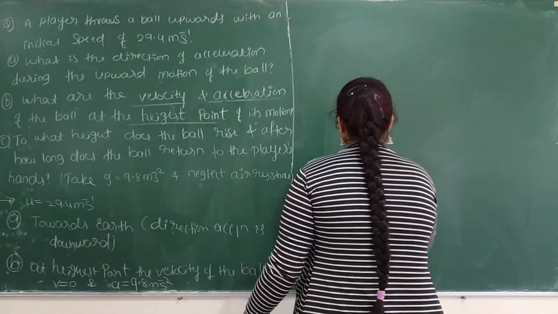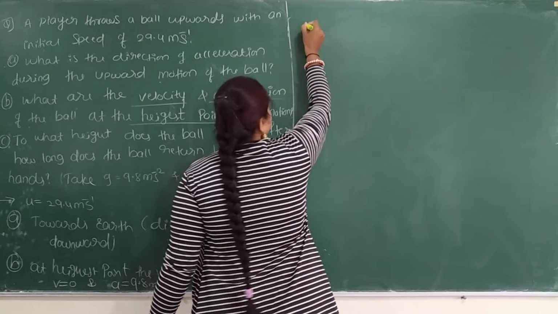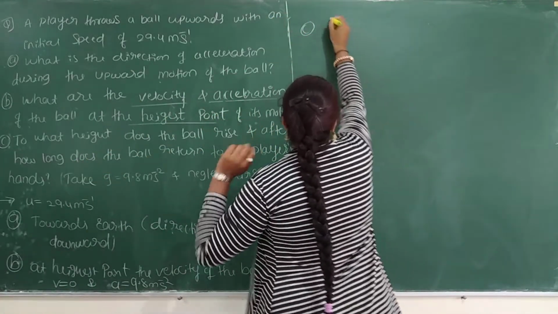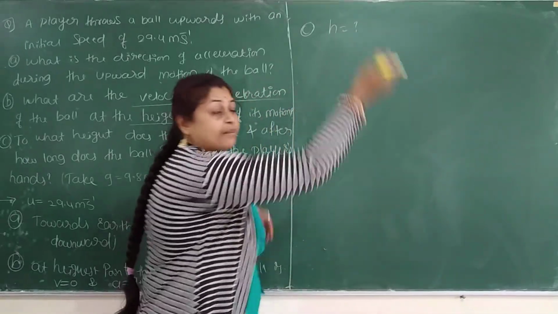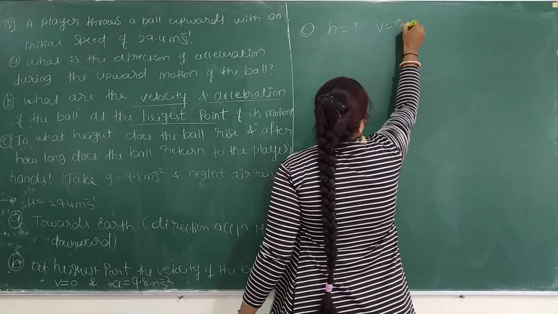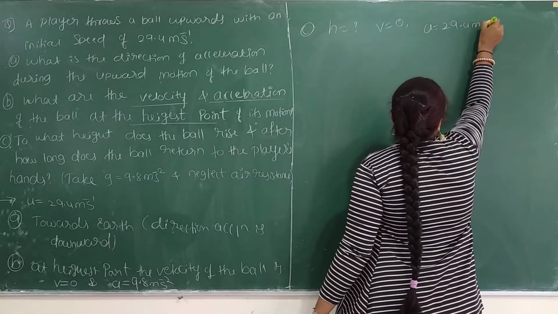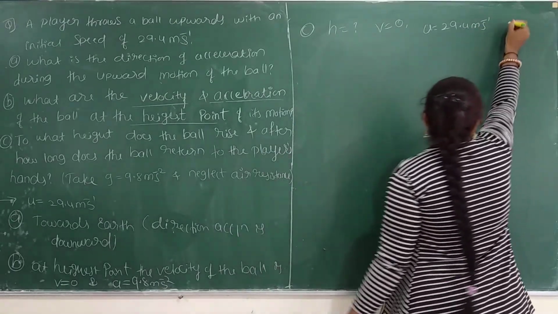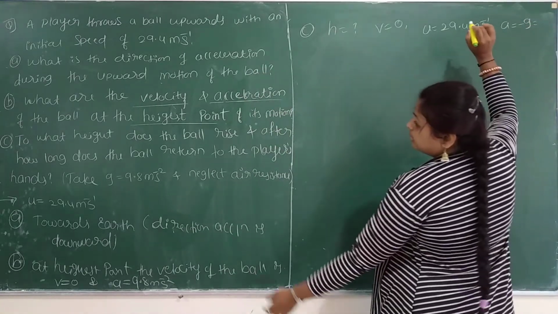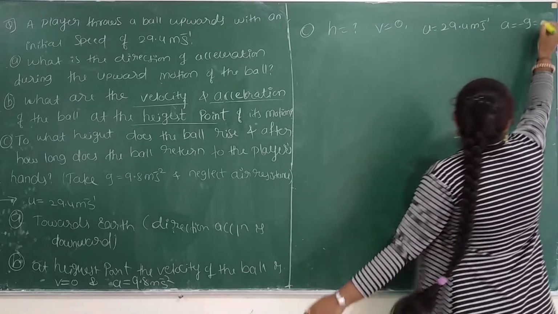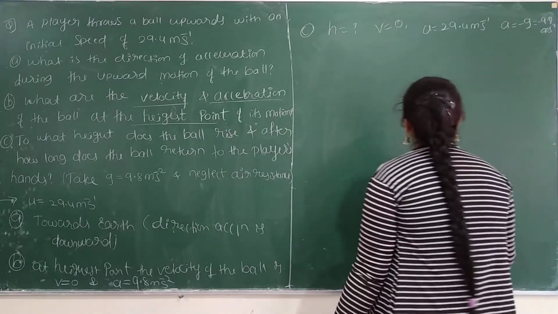So this is the meaning of the question. Let us calculate now. Third one, write down the data. To what height they are asking, question mark. If it is a vertically upward motion, then what is the velocity here? Final velocity is 0. Initial velocity they have given, that is 29.4 meter per second. Then acceleration is what? Vertically upward means it is minus g, and the value they have mentioned is 9.8. Just write here minus 9.8 meter per second square.